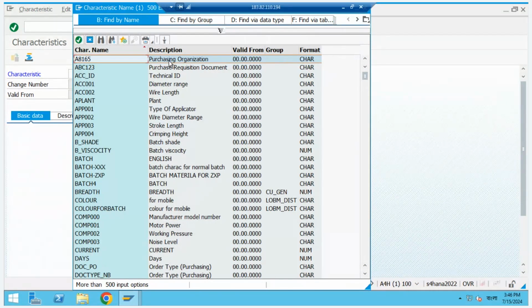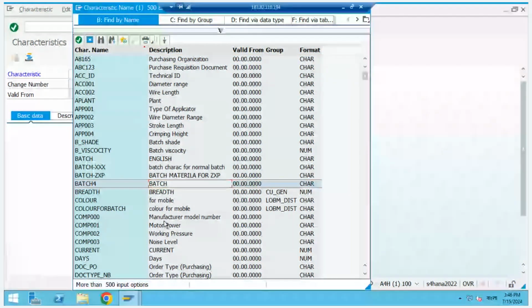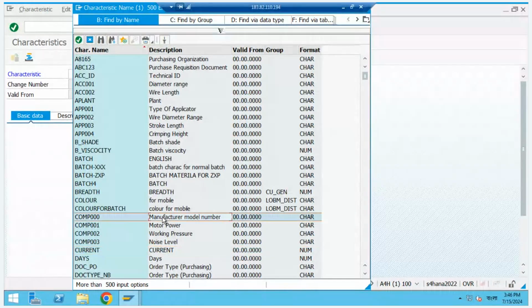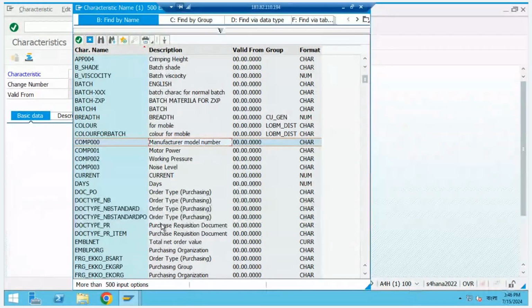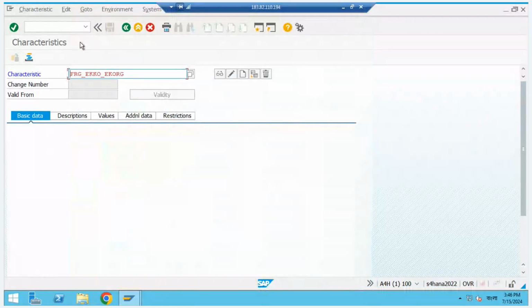Here somebody has created purchase organization, somebody has created batch, somebody has created current manufacturer model number. So for the purchase requisition document, order type, anything: total net order value, purchasing group, purchase organization. Any of these I can create. So let's take an example, purchase organization. If I go to purchase organization, this one, and enter,